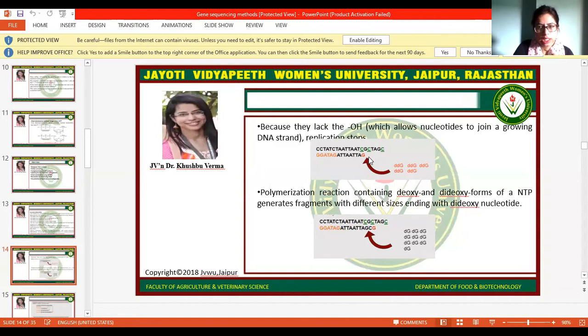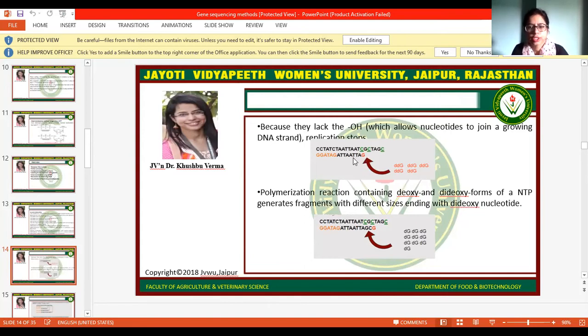Here you can simply see, for example, this is the guanine dideoxynucleotide. It does not have a hydroxyl group on the 3' end, or you can see, at the third carbon. So that's why this hydroxyl group is absent. So now there is no chance to add a new nucleotide, because this dideoxynucleotide is not providing a hydroxyl group for attaching the next nucleotide. So that's why it creates the termination.